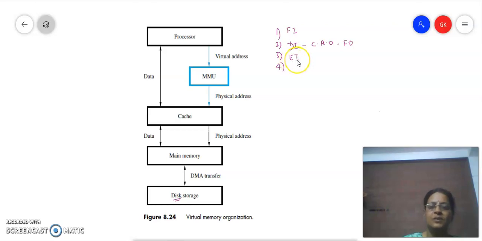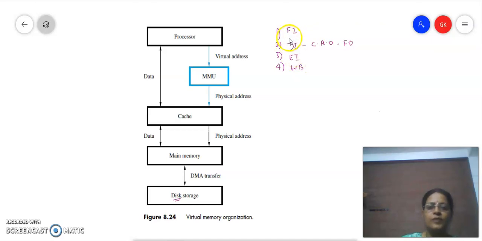When the CPU executes the instruction, it will get the result, and the result has to be stored and written back into the memory. So any instruction execution in the processor has to follow these four stages. I think we have already discussed this point. I have just refreshed it here.